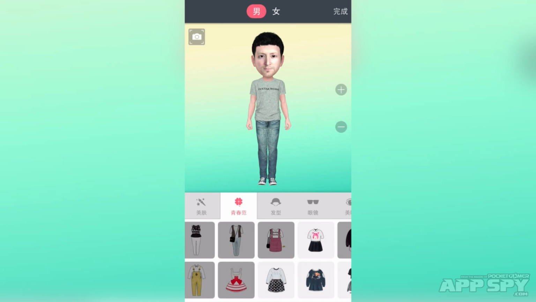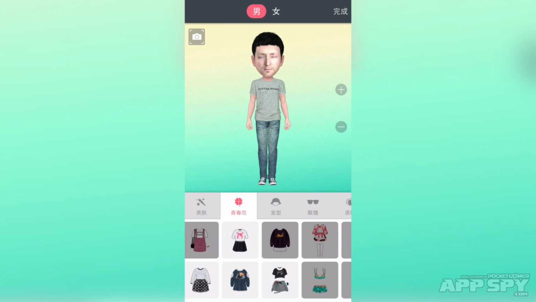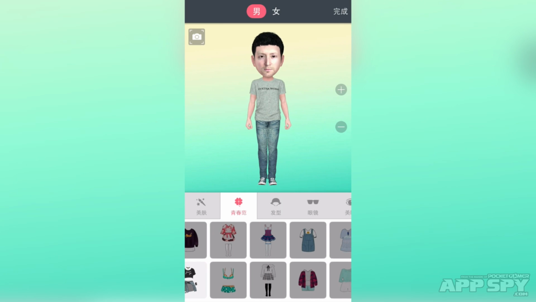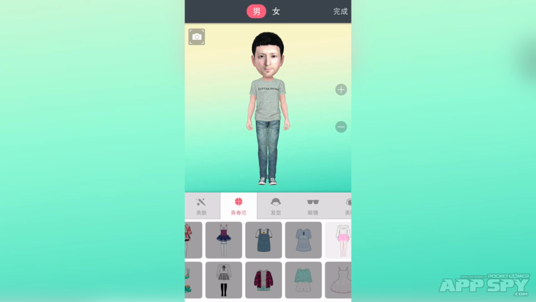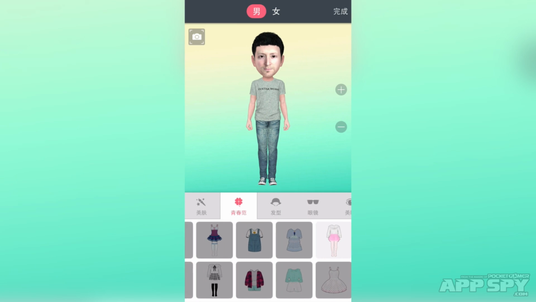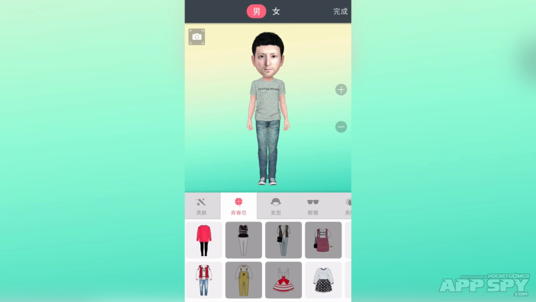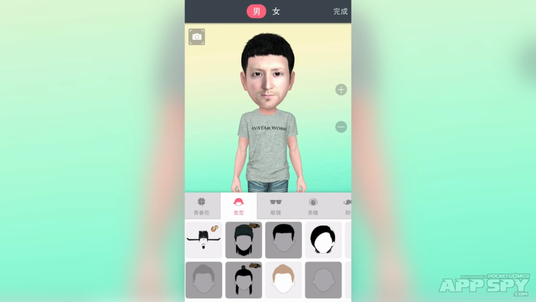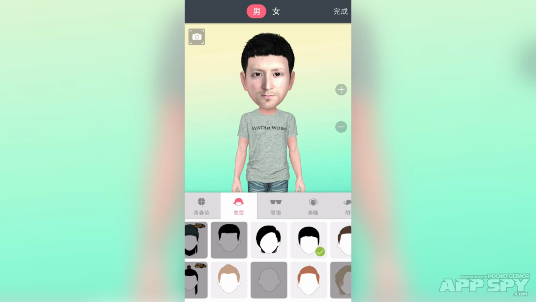So this tab is all about outfits, full outfits. So there's not a whole bunch of stuff here for guys, unfortunately. It's mostly catering towards women, but there is extra stuff in there if you're a lady or you've created a female MyIdol. Moving on to the next tab, this is hair, and again, not too many options for the guys,